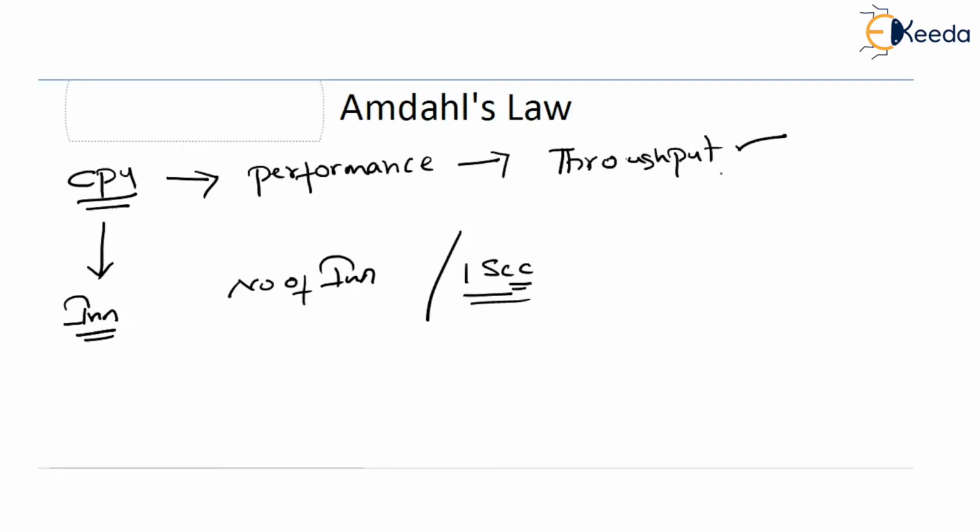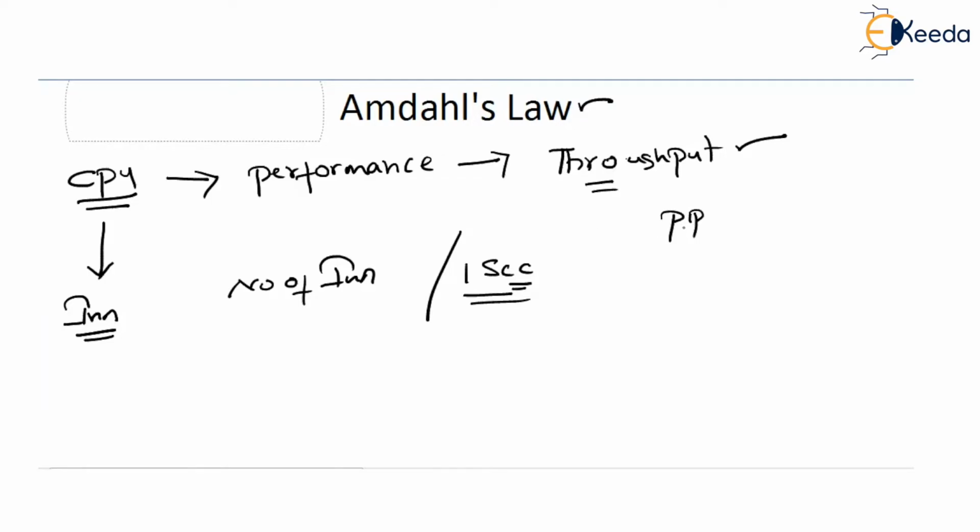But how to gain more throughput? How to gain more performance in terms of throughput? What are the different methodologies and mechanisms that we're going to follow? When you talk about more throughput, you talk about pipelining. Mind you, we are not talking about pipelining at all. Rather, we are not talking about parallel processing at all. We are just simply limiting our discussion to Amdahl's law. But before stating Amdahl's law, why do we require Amdahl's law? That is what we are doing.